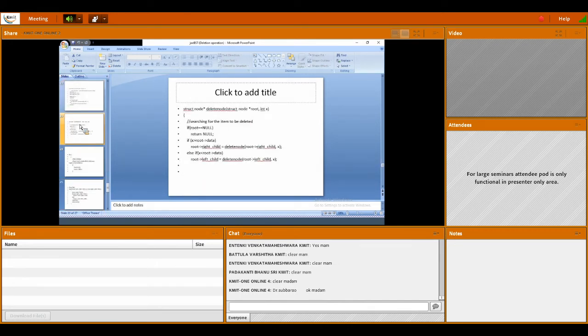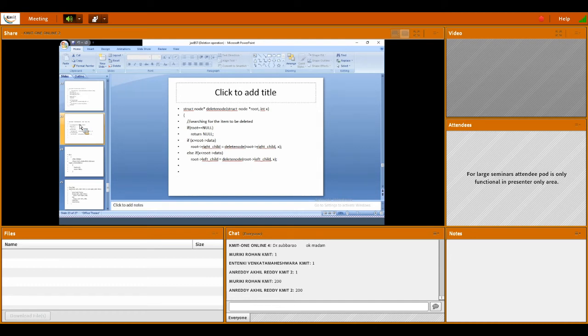This is the insert function, this is the delete function. What are the parameters in the delete function? It is passing the address of the root node, and x is the value of the node which we are going to delete. What is the value of x here? 1. What is the value of root node here? 200. Right? With the root node address and x value, we are passing to the delete function.